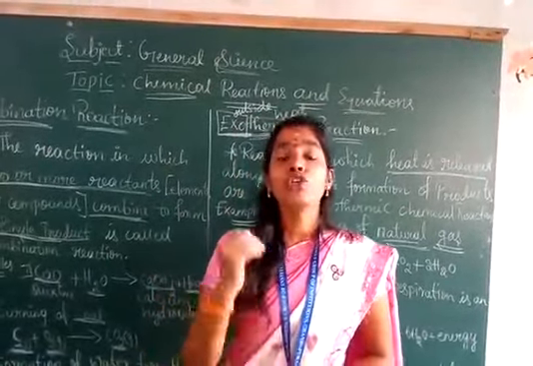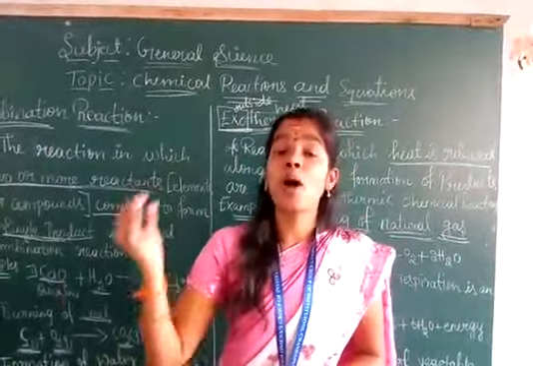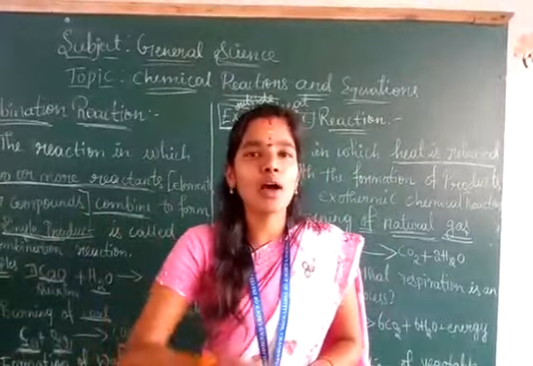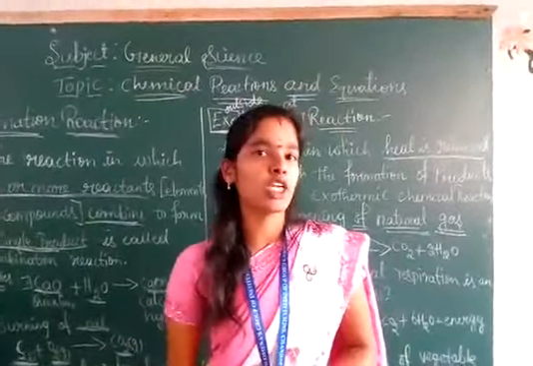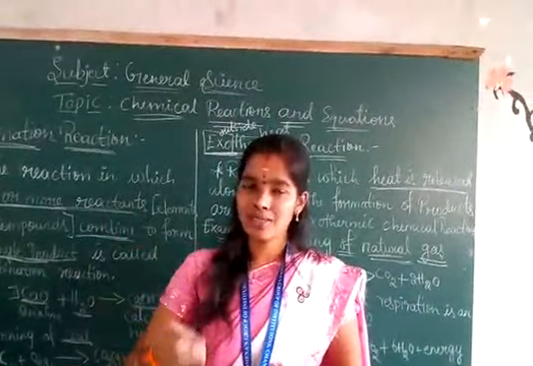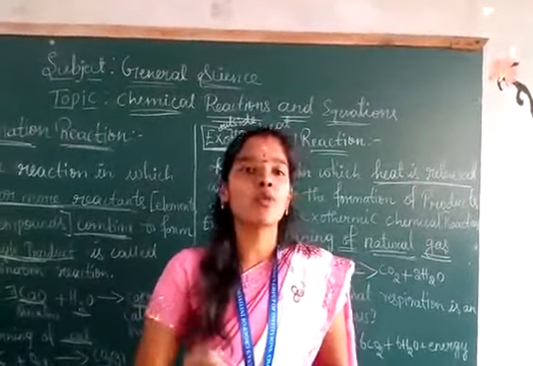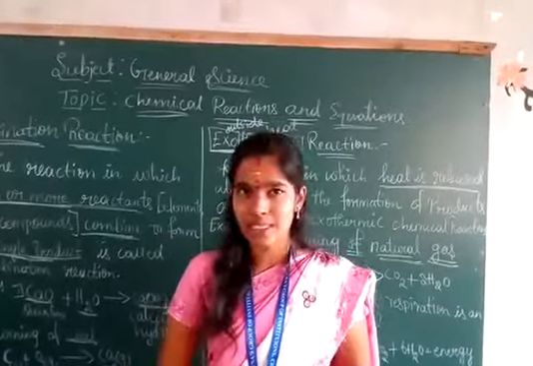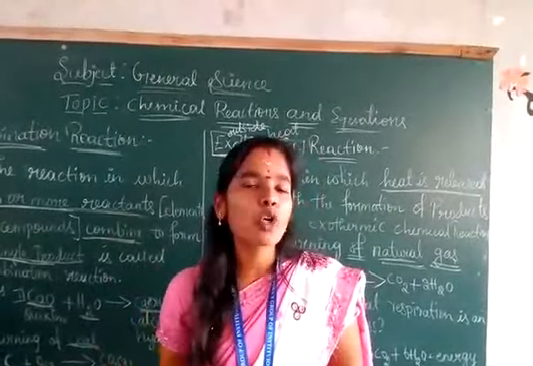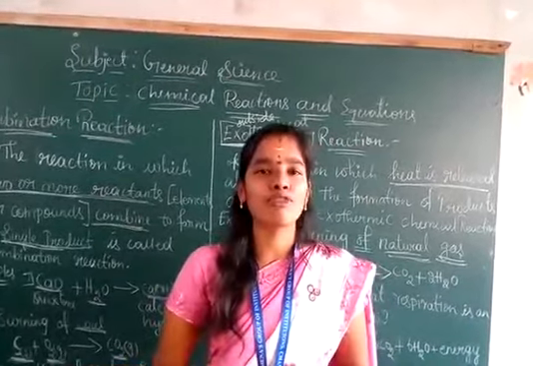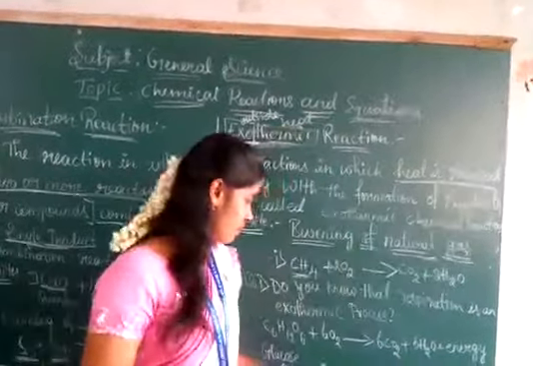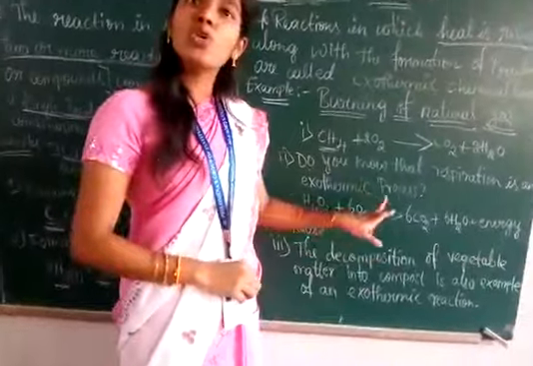Is it or not? So during the digestion process, what happens? Complex substances will be broken down into simpler substances. For example, rice, potato, bread, all those food materials contain carbohydrates, which are complex substances. So during the digestion process, what happens? These carbohydrates will be broken down into a simpler form, which is nothing but glucose. Okay.